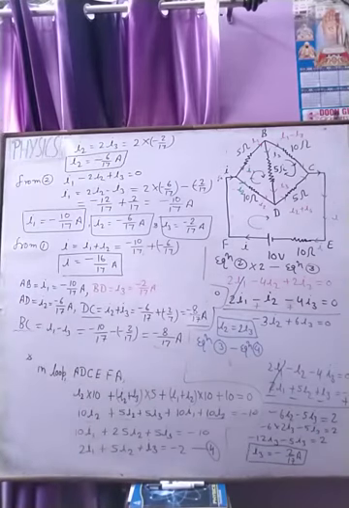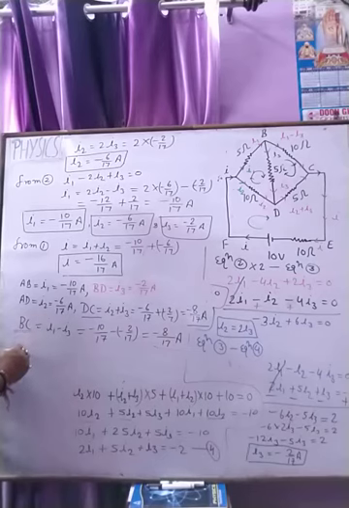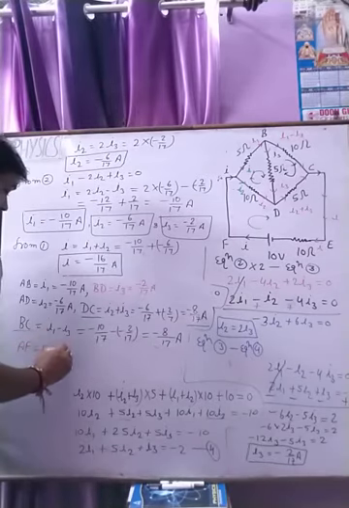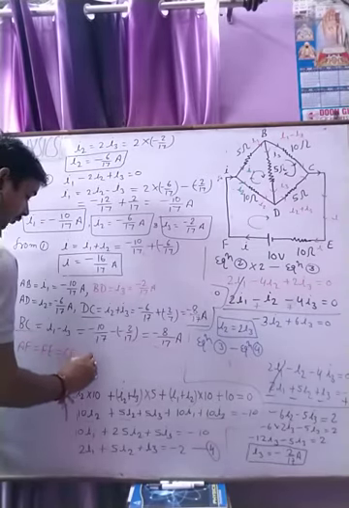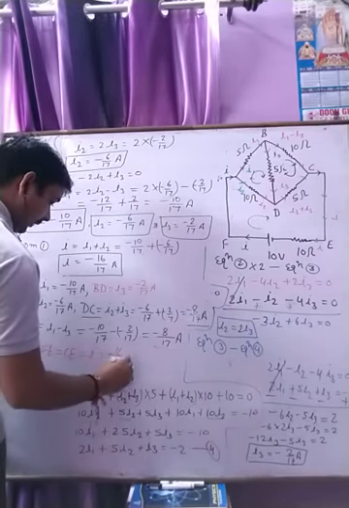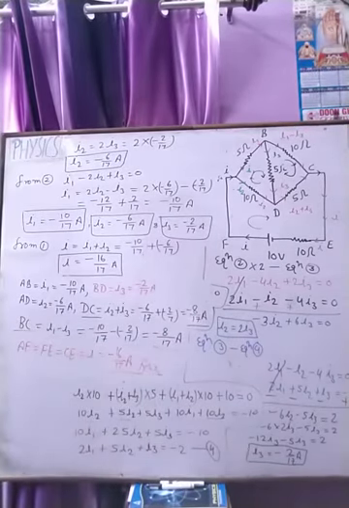And last we have the current in branch AF, FE and CE is equal to I, and this we have minus 16 by 17 ampere. So this is your answer for this question. Solve this all.